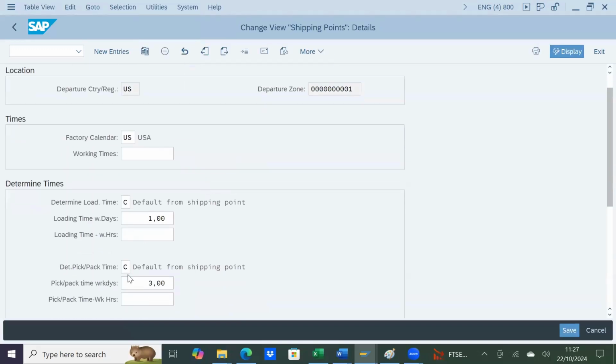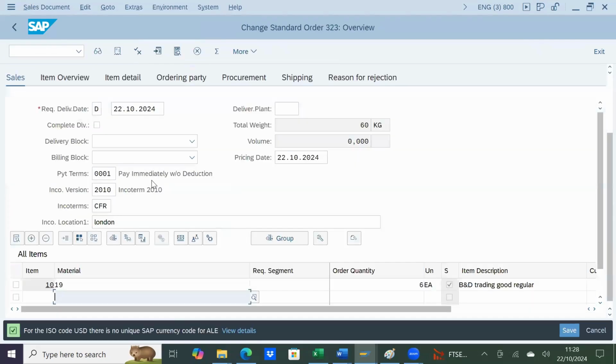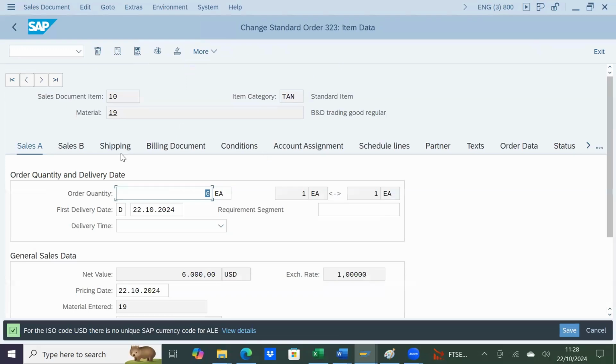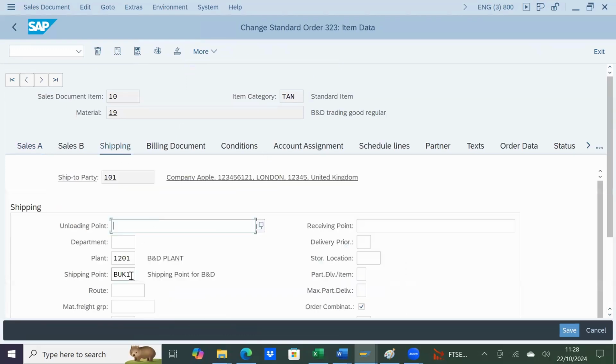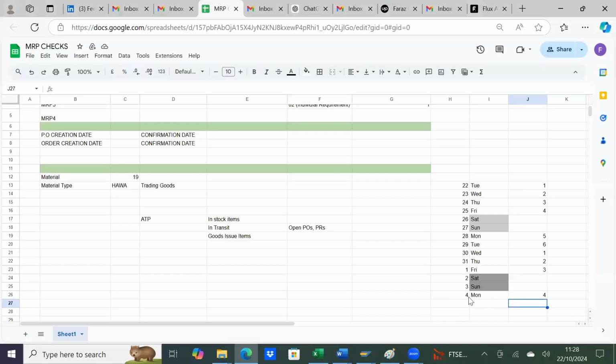So here you see there is pick pack days of 3 and loading time of 1. So the system is calculating those two as well to give you the extra 4 days. So now if you see here in VA02, the shipping point is BUK1, and that is the extra time that it calculates. So the 4th is your delivery date, and 29th is your GR date. Again, so